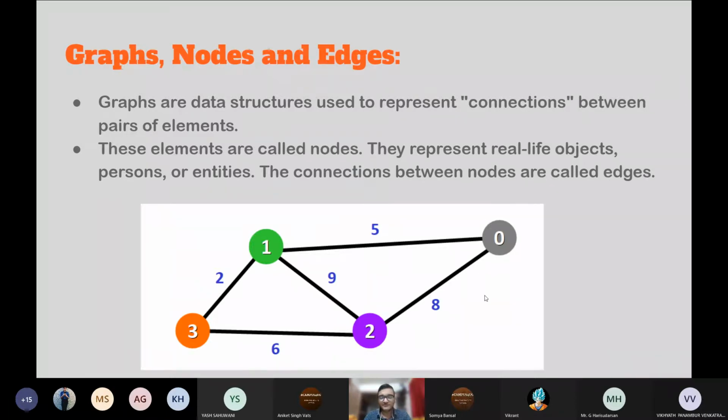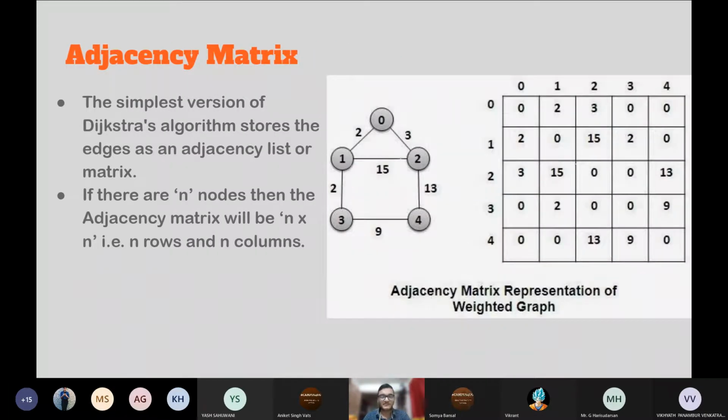We have understood this by looking at the image, but how will our computer understand? For that we have the adjacency matrix. Simply, we can say it represents the edges and the weight of the edges, and also whether any two nodes are connected or not. If there are n nodes in the arena, then there will be n rows and n columns in the matrix. As you can see here,